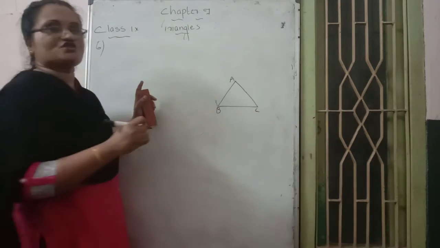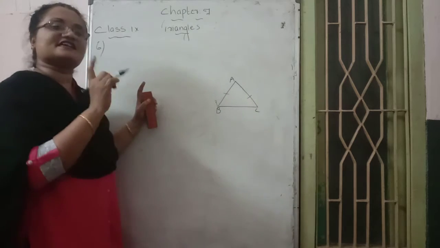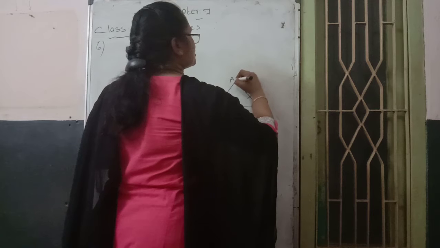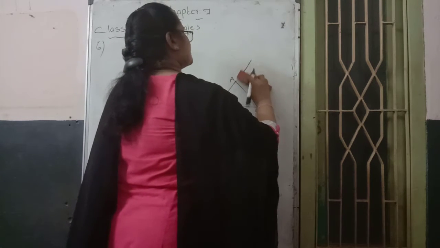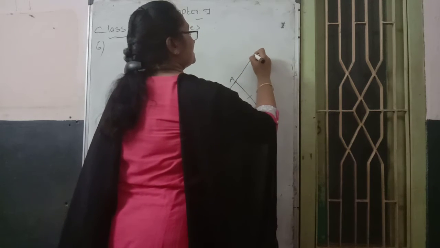ABC is an isosceles triangle. AB side and AC side are equal. In the diagram they gave, the AB side is produced. Produced means extended, extended to the outside, and mark an alphabet D.